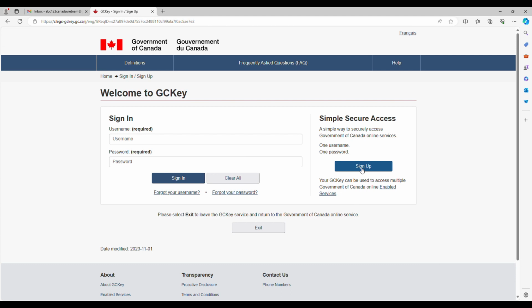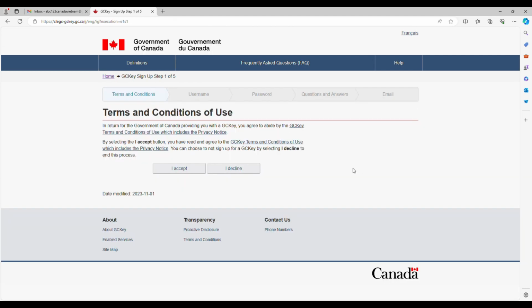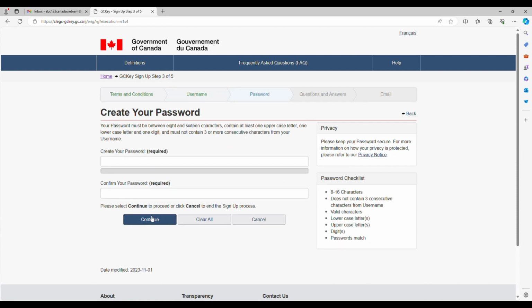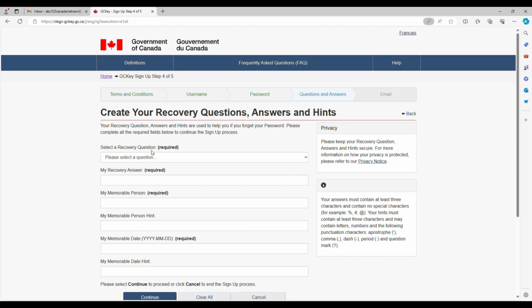You click in here, sign up, and then you accept, and then you create the username, and then you continue. Then you create your password and confirm your password,